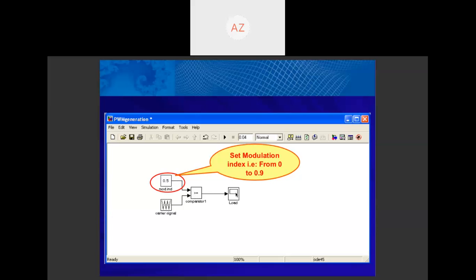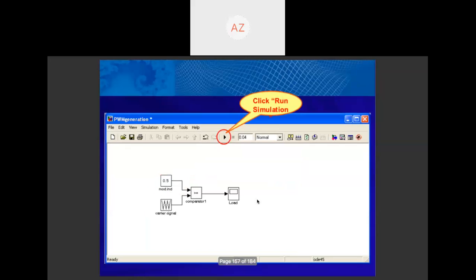Then please set the scope, as we discussed just now. At parameters, you set the sampling time equal to 0.0001. Then you click run simulation, and you can observe the PWM signal at the scope.